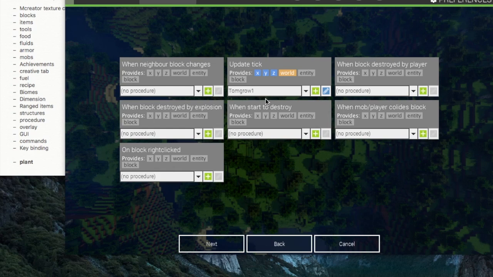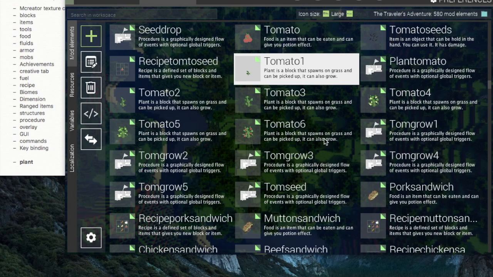But first you have to create each of the growth stages, as I've done here for my tomato plant. So I have tomato 1, 2, 3, 4, 5, and 6. And those are my different stages. You can then link them together